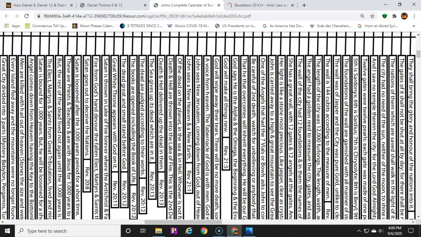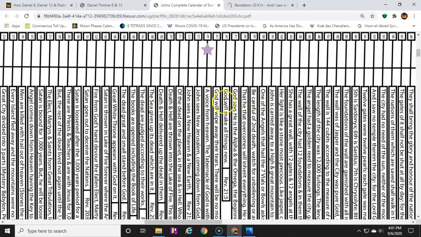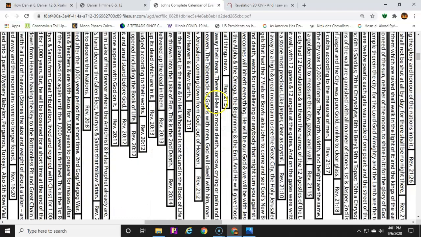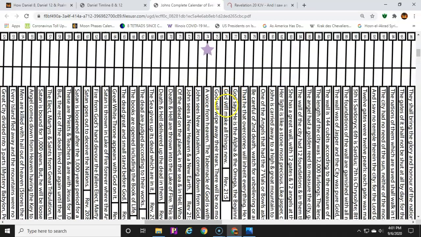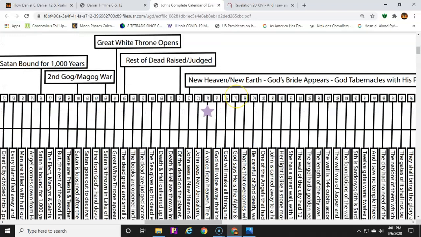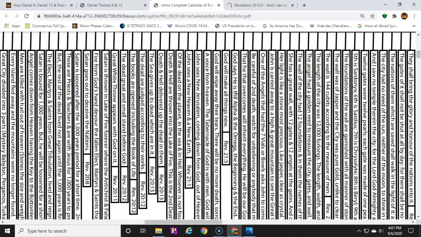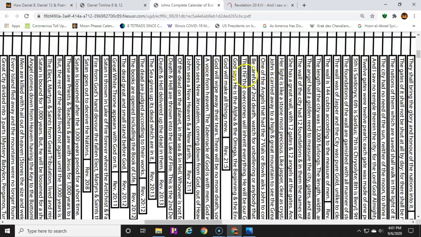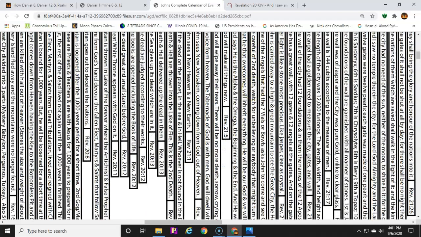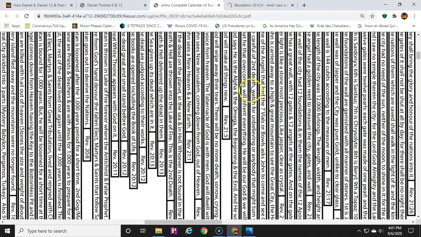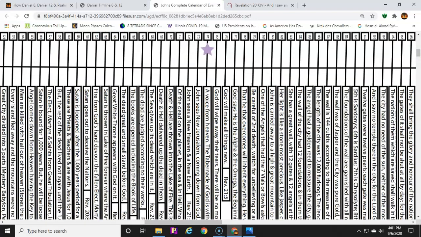So as we see this tabernacling, God will wipe our tears away. We will have death no more, no more sorrows, no more crying, no more pain. All that passes away, and God will make all things new. He tells us that He is the Alpha and the Omega, and then He starts to explain what His new kingdom looks like, how this new kingdom is built, how large it is, and all the different things that happen at the end.